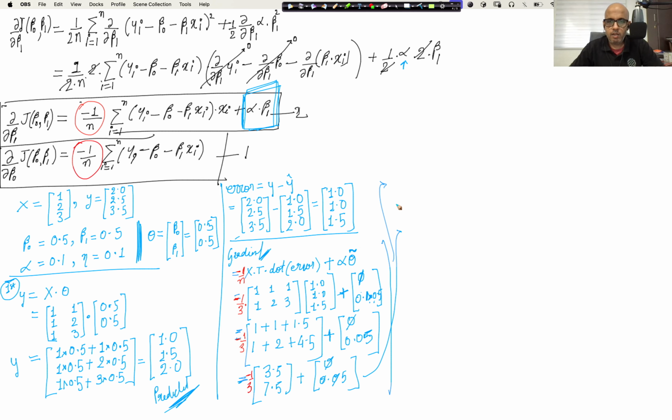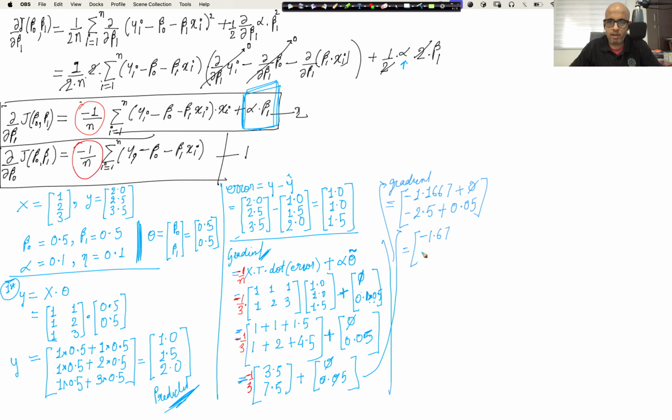Let's bring this up here, and what we now have is the gradient. Gradients is equal to, this is going to be 3.5 divided by 3. So 3.5 divided by 3, that gives us minus 1.16666. So I'm going to stop at 167, and then the next one is 7.5 divided by 3, that gets us minus 2.5, minus 2.5, and we are going to add the values from the next vector there. So this is going to be plus 0.5,